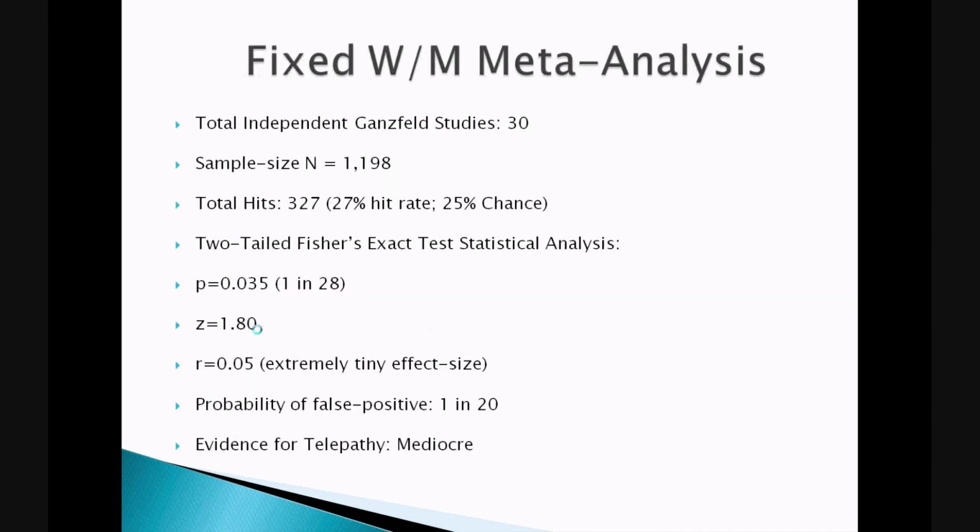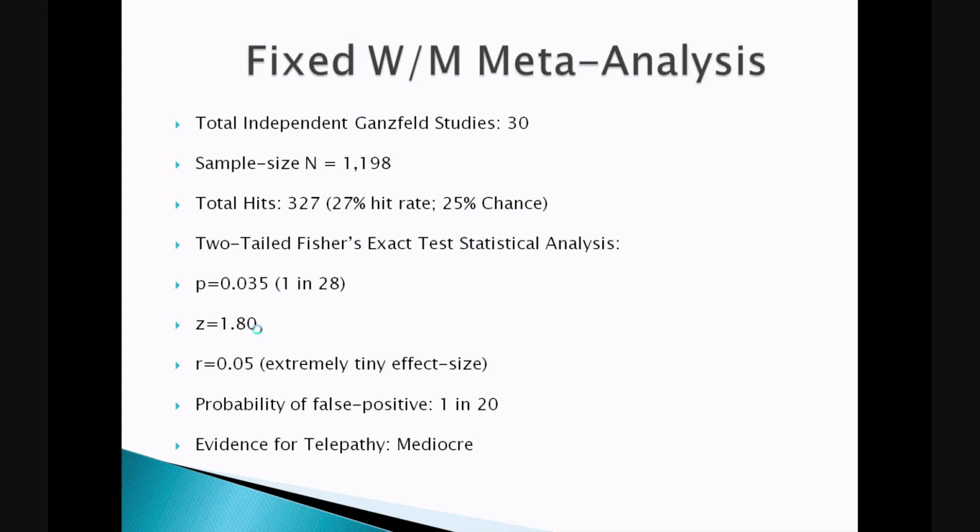Now going back to Richard Wiseman and Milton's meta-analysis, you can see that the two-tailed Fisher's exact test statistical analysis is actually the correct method of doing the meta-analysis, because the Fisher exact test method combines the p-values and also adds weight to the meta-analysis by the sample size. And of course, when you do a meta-analysis, it is always important to weight by the sample size rather than the number of studies, as Richard Wiseman and Milton did.